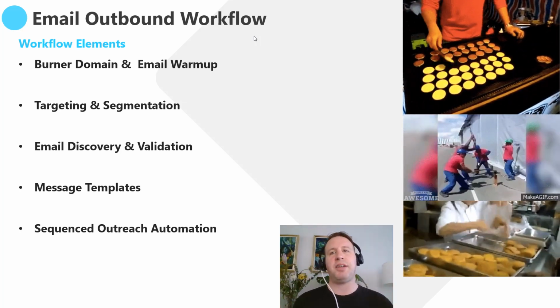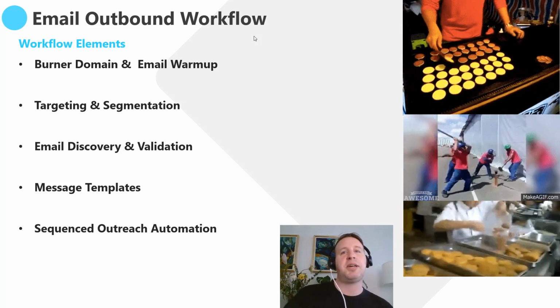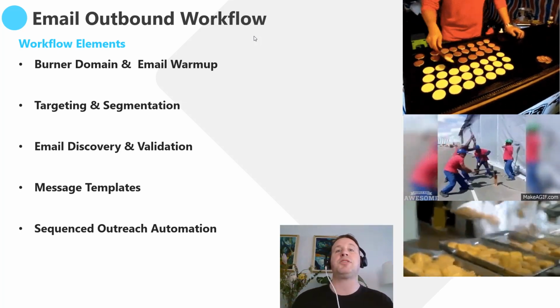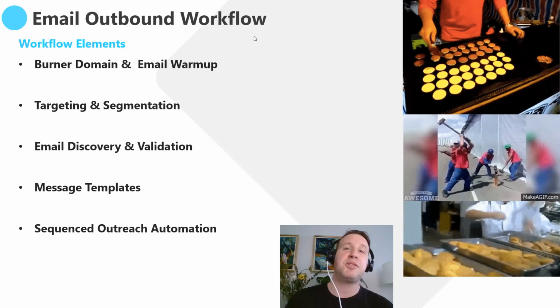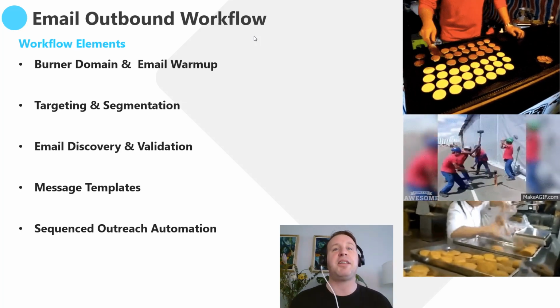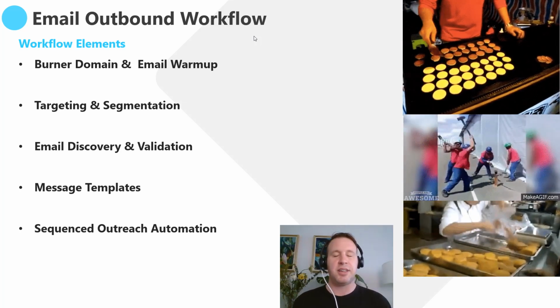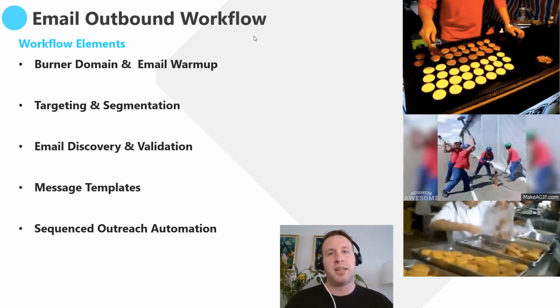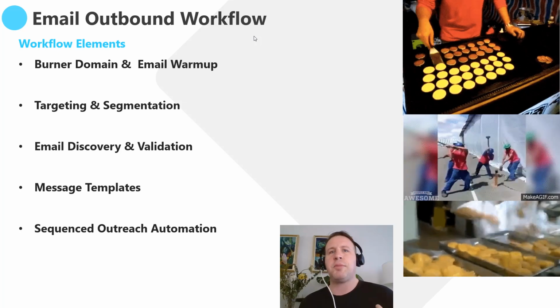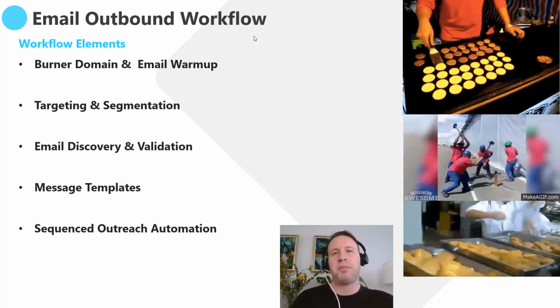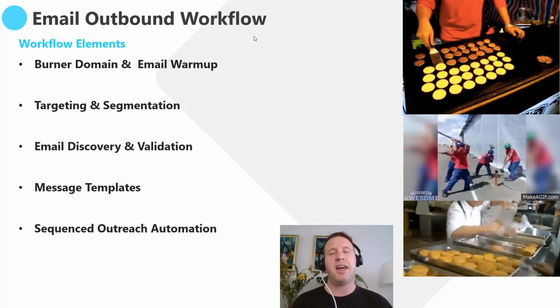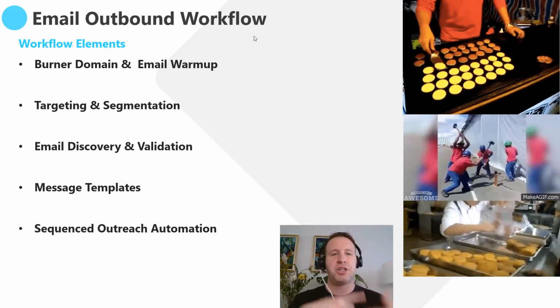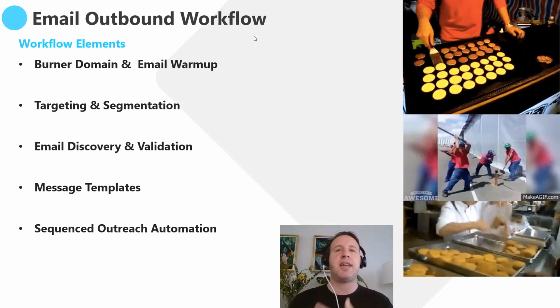Email discovery and validation basically means that we need to make sure that we're finding the correct emails and sending the emails to these correct addresses. They're validated, meaning the email address exists. And then, of course, it comes down to making sure that we have versatile templates and the messaging feels right, feels like it's written by us, and doesn't feel over the top, robotic, or AI speak. And then we're setting this email automation up in the form of a sequenced outreach.